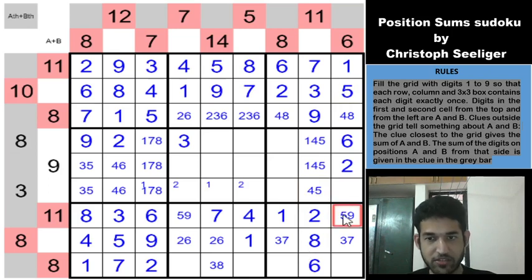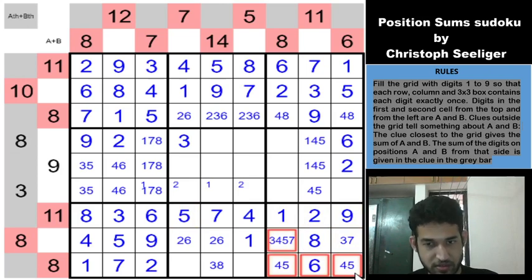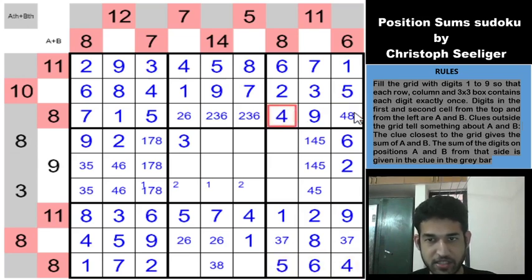Okay, you have a 5 here, so which means this is not a 5. So this is a 9. This is a 5. 3, 6, 7, 8, 1, 2 and 9. So we get a 4, 5 here. Sorry. These 2 cells must be 4, 5. And this 5 immediately gives a 5 here and a 4 here, and which in turn resolves the 4, 8 pair. So this cell